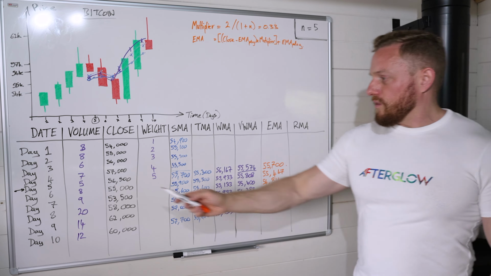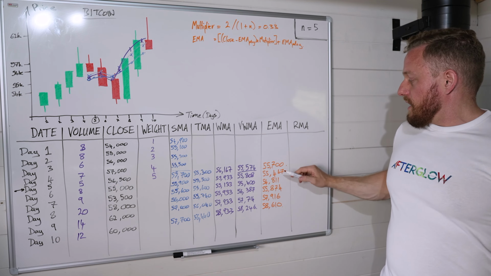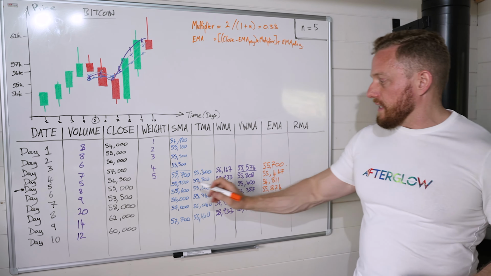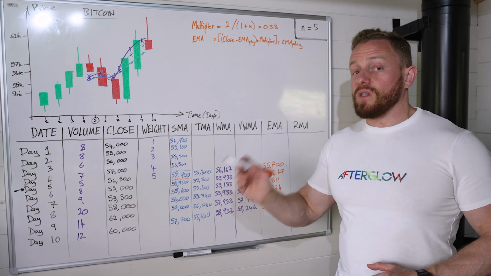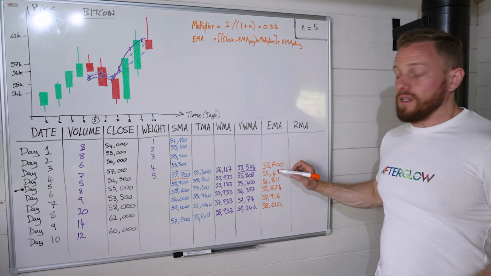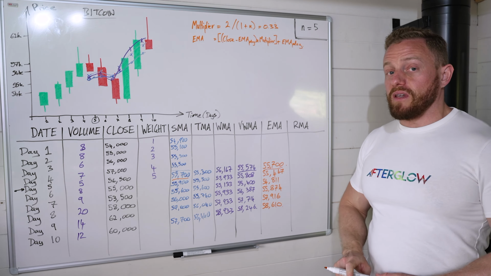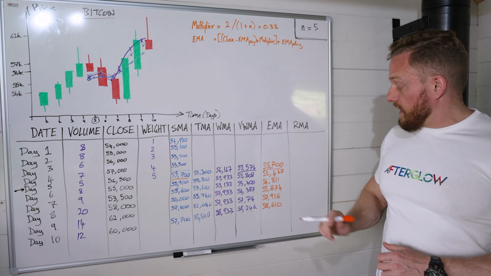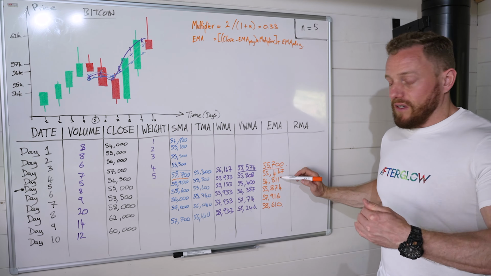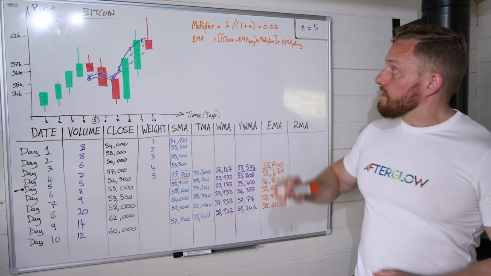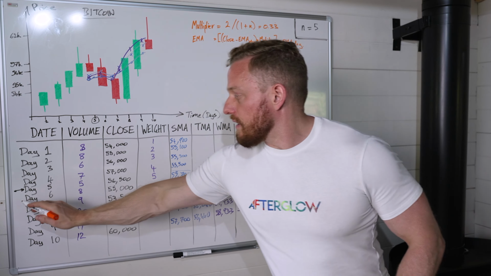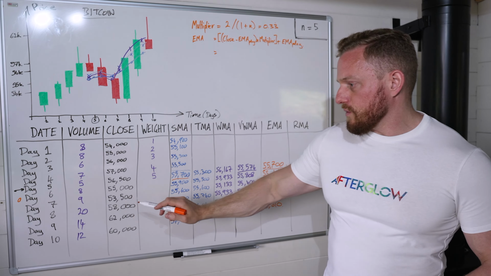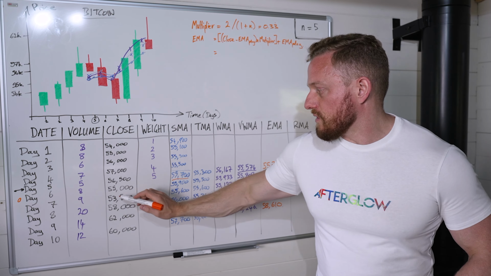So, on day 5, the EMA value for the first point on the moving average curve, we just take the SMA value we calculated earlier and plug that straight in here. So that's the EMA on day 5. Now we have the starting point, we can calculate the EMA for the next day 6. So if we apply the formula, the EMA on day 6 would equal the closing price on day 6, which is